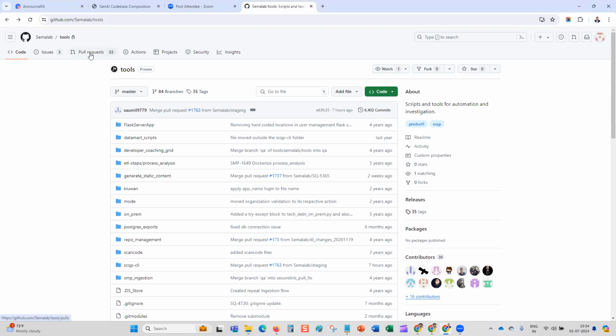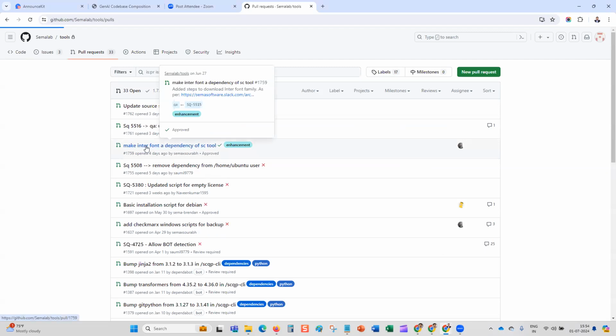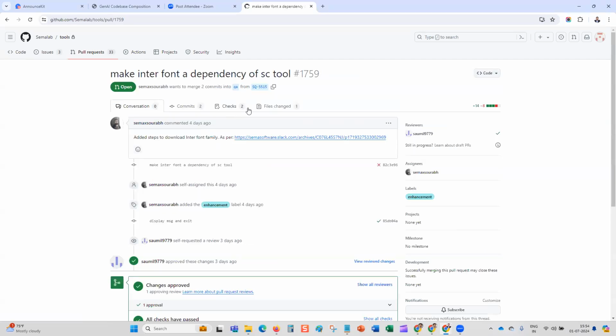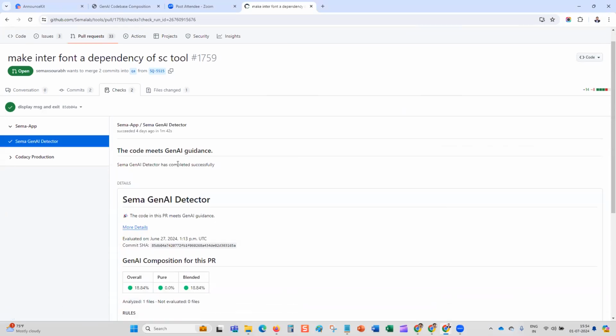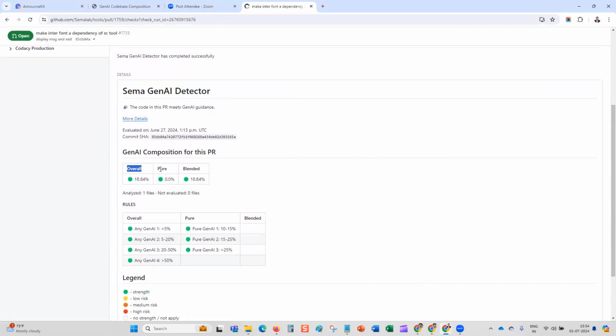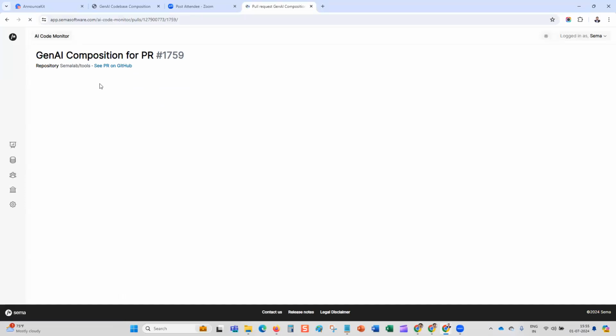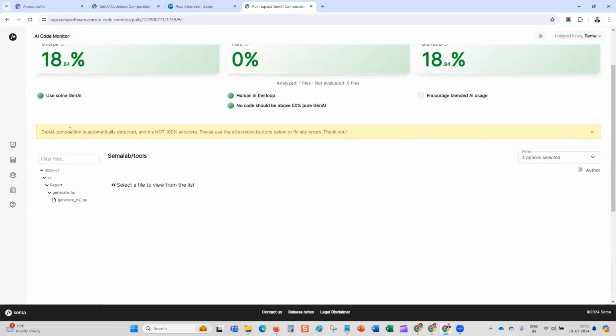You go over here, you get to see your pull request, and at the code review detail page, you can click and see you have got the checks, and within that, you will have the Sema app check, which is the Sema AI GenAI detector. Over here, you will see that this information has been shown of overall pure blended. This is the percentage for this specific PR, and when you click on more details, we take you to the PR scan detail page, and over here the GenAI composition is shown, and along with that you can see the